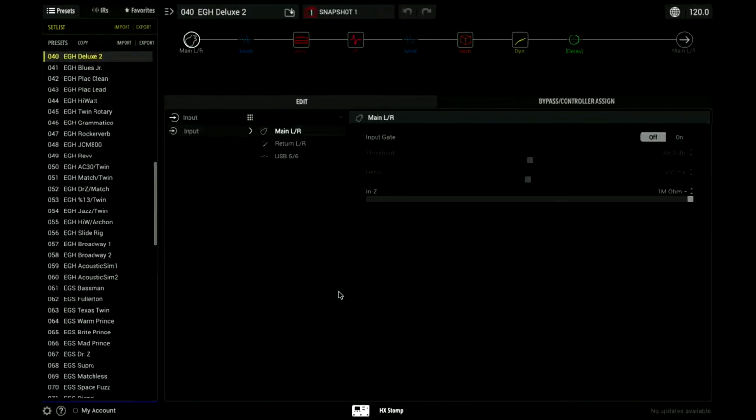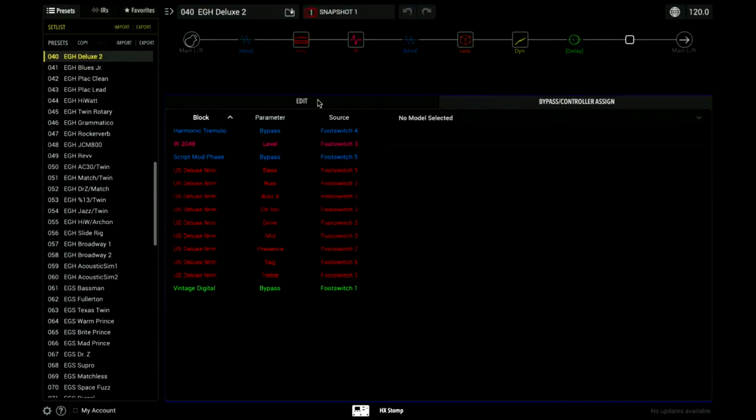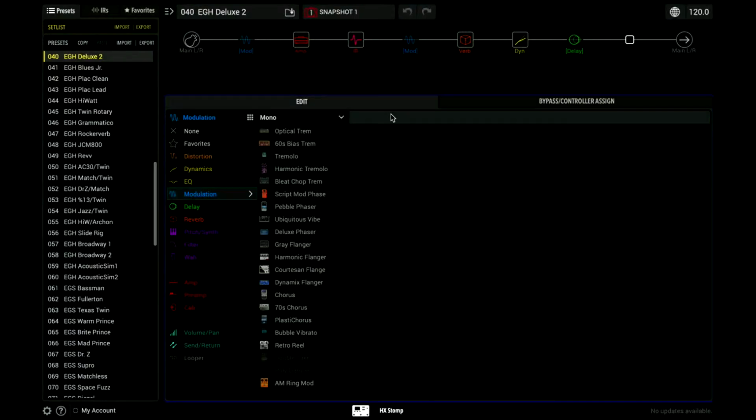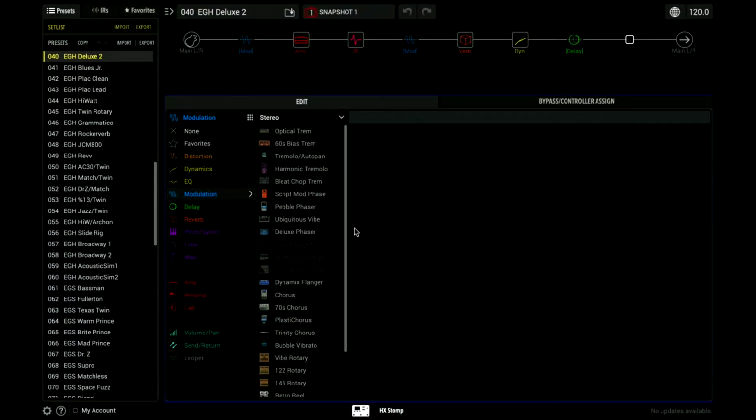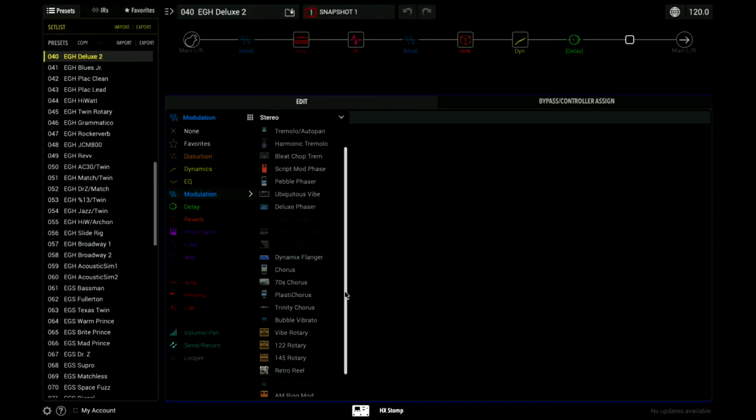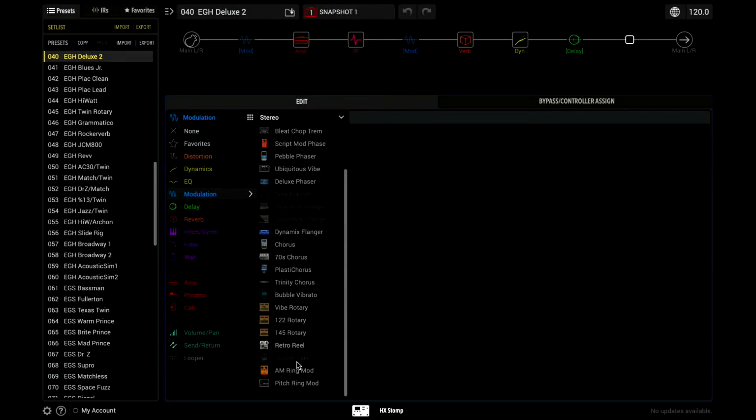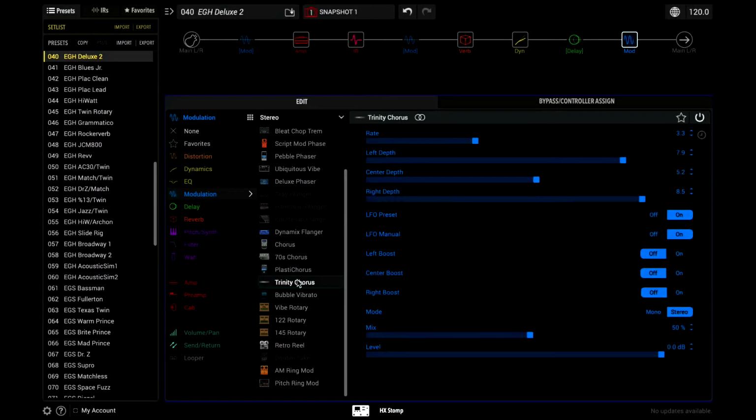Anyway, a hidden feature that you might not know about the Helix is that there are sometimes effects that are only in the stereo realm. If we look at mono here, we don't have any of the rotary. We don't have the Trinity chorus, which is a Boss Dimension. We flip to stereo here. We have the Double Take. We have Trinity chorus, which I'll pull up. We also have the rotary effects. So let's pull up the Trinity chorus and see if I can demo a classic